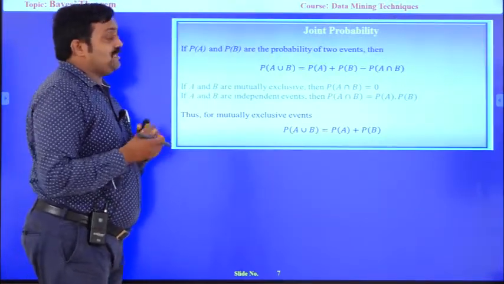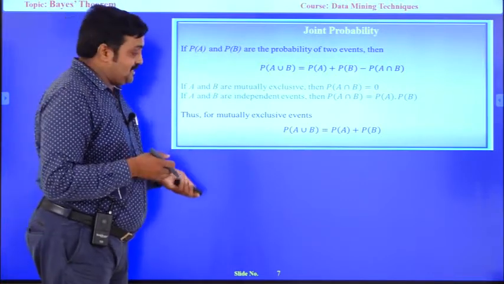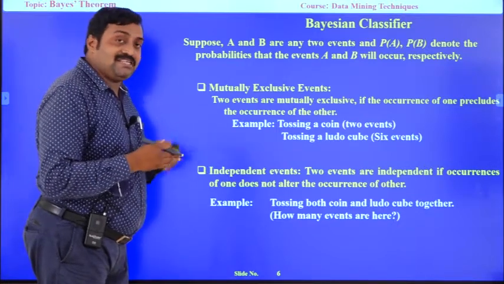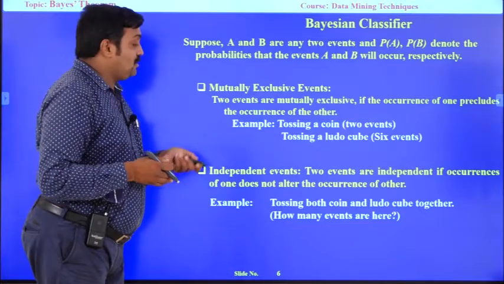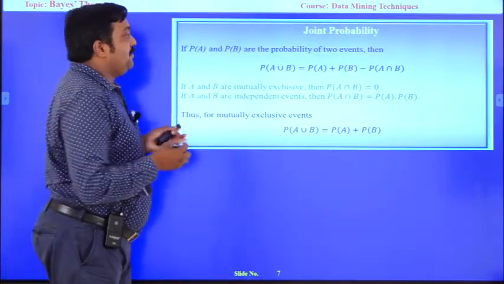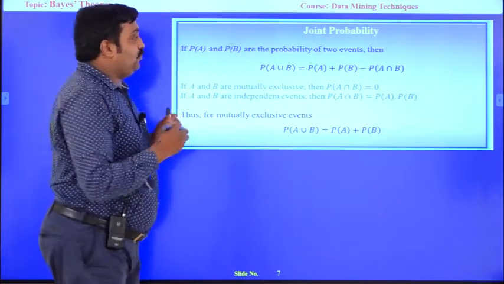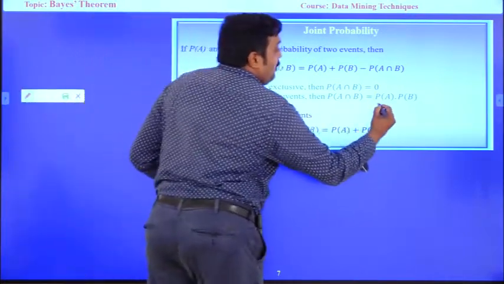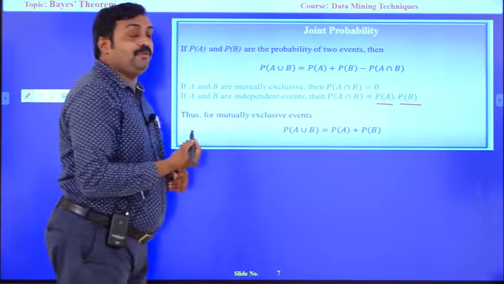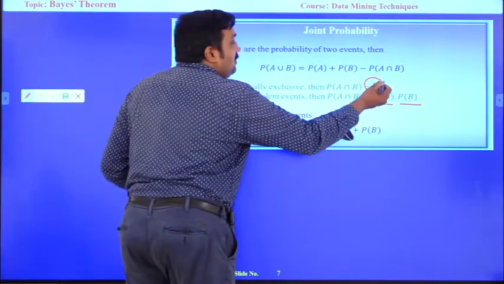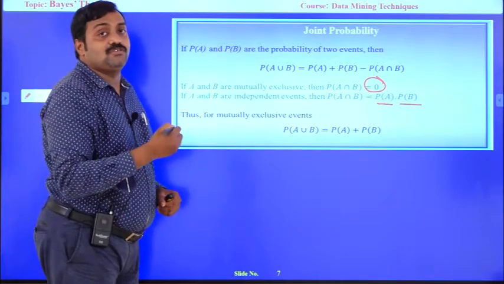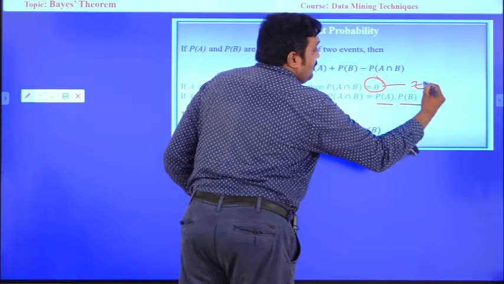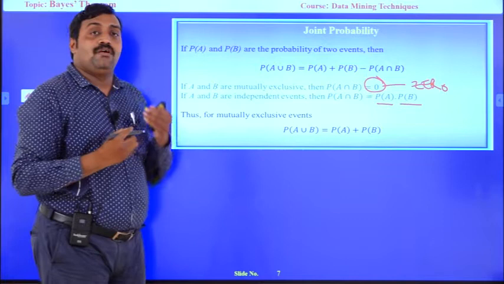Now another is joint probability. As we just discussed, 2 events being independent means both have a chance of the same heads or same tails. Joint probability means we perform the 2 events independently, and then we get an outcome like P of A into B. But when we perform one event where both are mutually exclusive, then the intersection is 0. The joint probability is 0, because we can get only either head or tail.